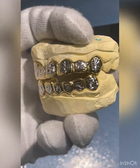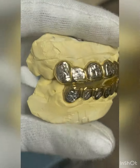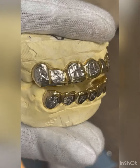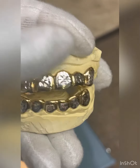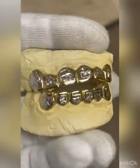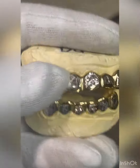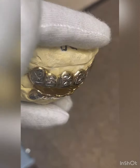Always in, always popular, the two-tone sunburst grills, y'all. It's white gold on the inside, yellow gold on the outside. Got the full polish, sunburst cut on every tooth. This is something very special, a very proud moment always when a client gets these, because it gives off that almost diamond look,